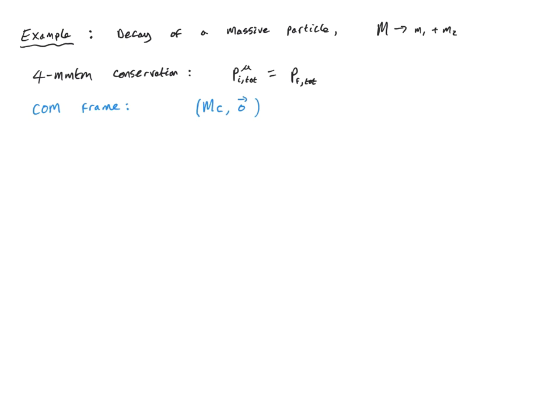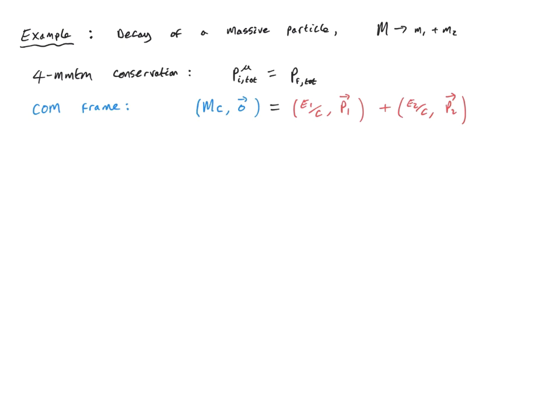That's because in this frame of reference, the relativistic 3-momentum, p vector, is equal to 0. Basically, the velocity is equal to 0 in this frame of reference. And the mass here is, of course, the rest mass. What about the products? Well, in the final configuration, we have two masses with rest mass m1 and m2, and